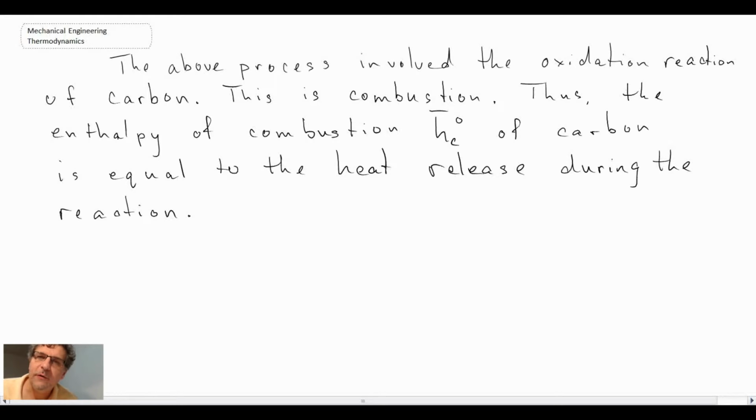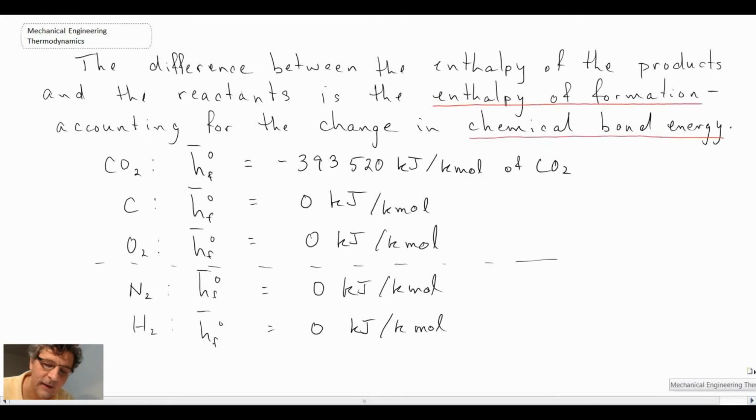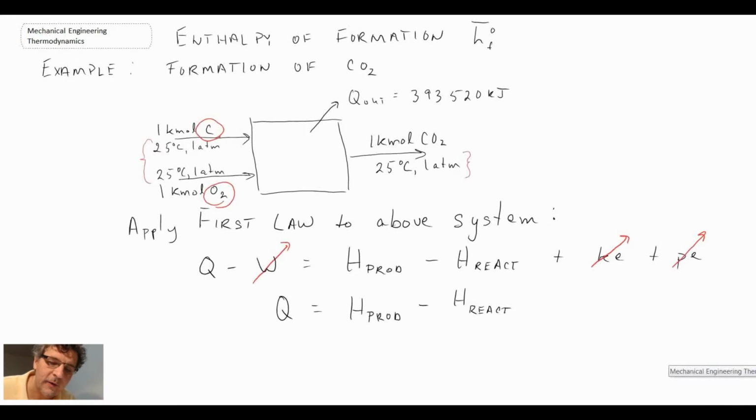So the process that we looked at represents the oxidation reaction, or the combustion, of carbon. And we will introduce another term, referred to as the enthalpy of combustion, when you do have the oxidation reaction. And if we go back and take a look at our schematic as well as the heats of formation that we had in that picture,